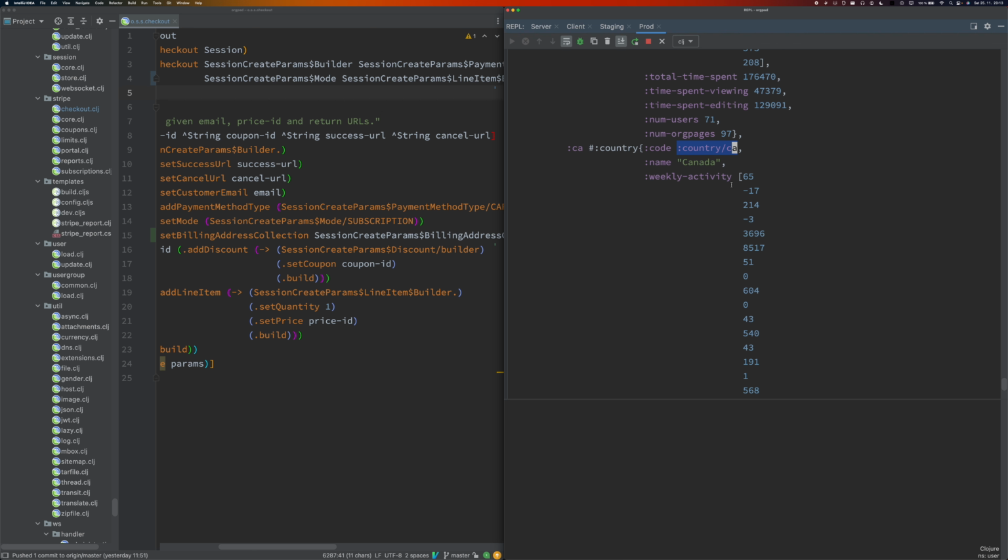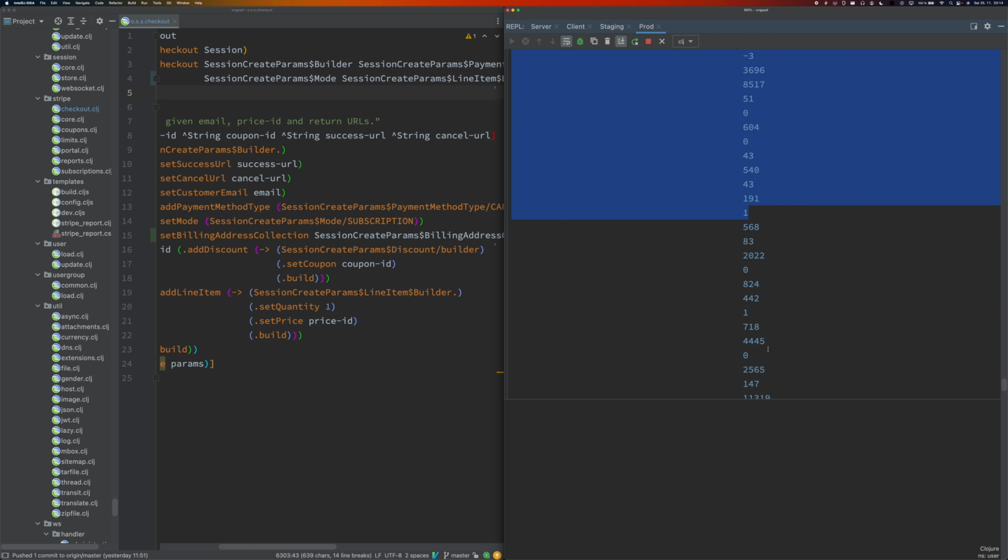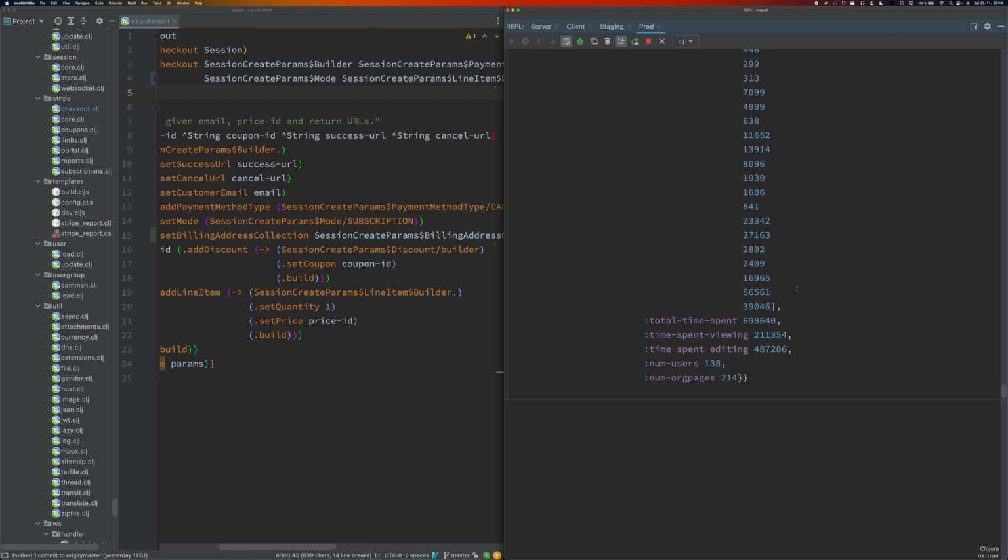The largest is this vector of weekly activity. We use these to draw some tiny plots, how the usage changes over time. That's super efficient, but we don't need it now, so let's hide it.